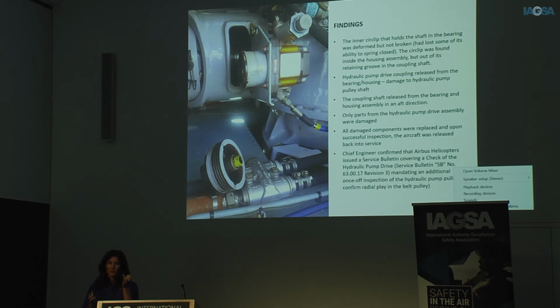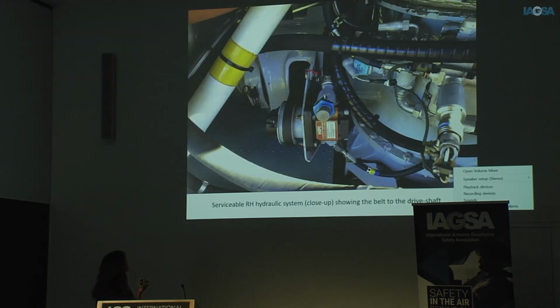We've got the internal shaft going through the pulley, which, going back to this picture,